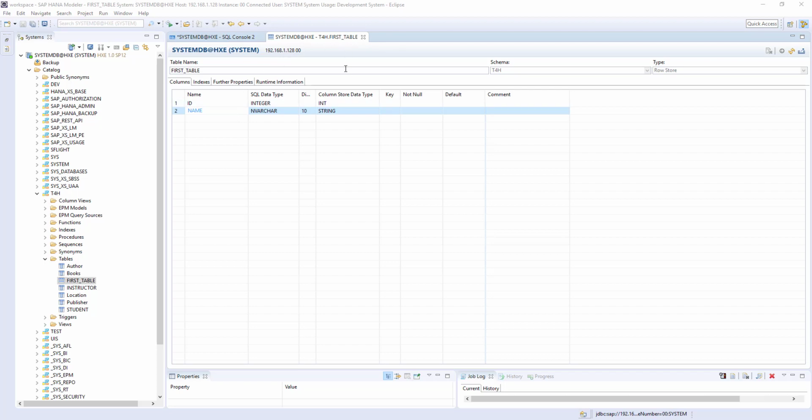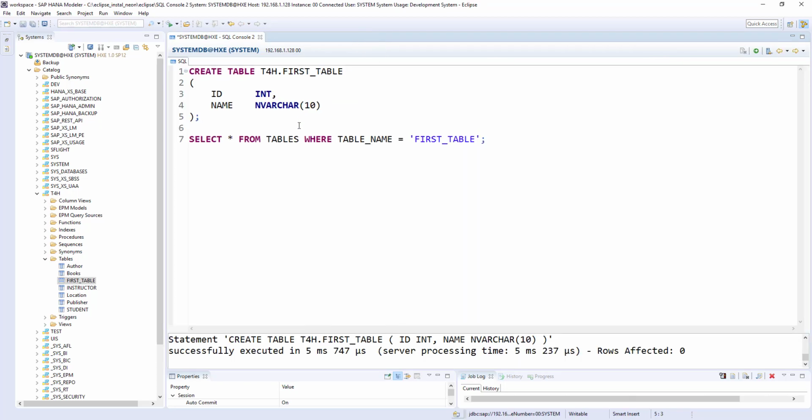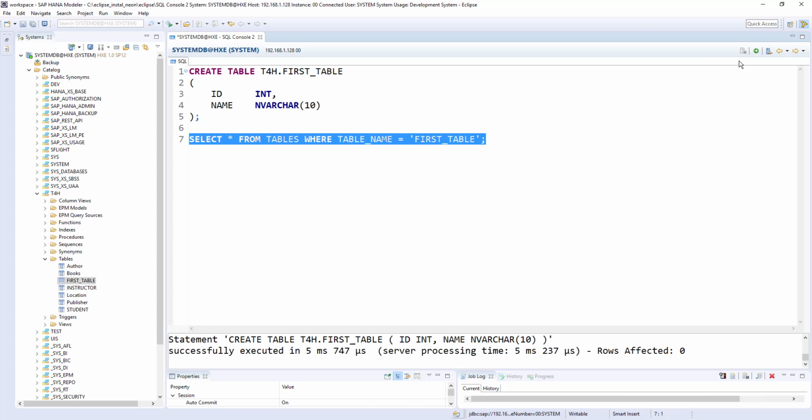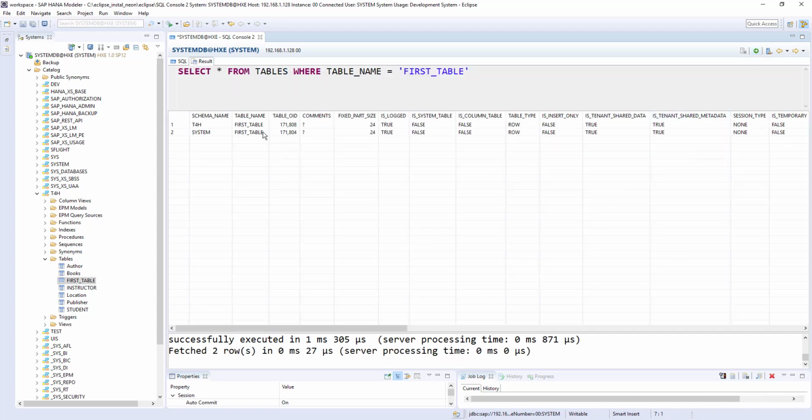Okay, so how to create a column store table then? The next question. Let me take this statement, and you can see, if I run this command now, the first table exists in the t4h schema. So the table name can be a duplicate if the schema name is different.